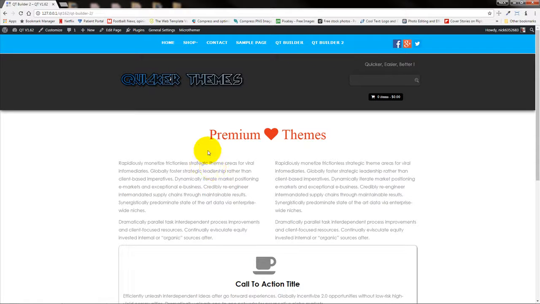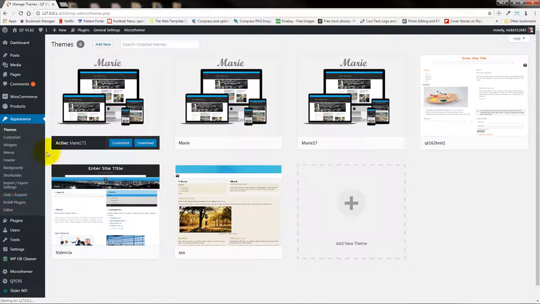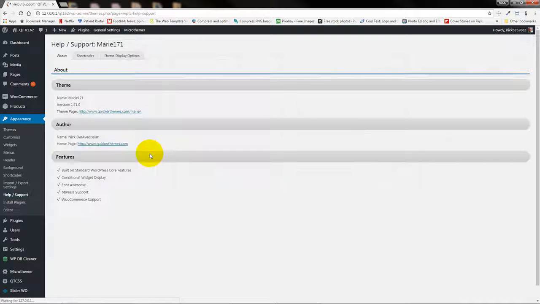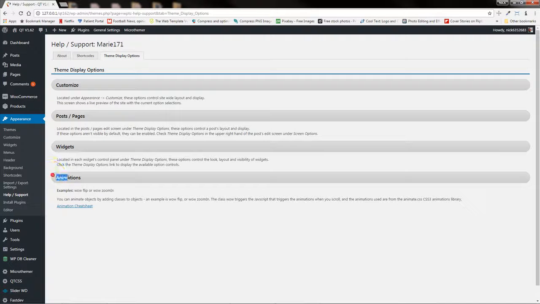All right, really quickly. The next thing that I added is a help screen. So if you go to the general settings and theme help, which is the same place as you would go on the back side, under the appearance menu, you get help support. Once you go there and you go to the theme display options, you're going to see the heading animations. I've got a couple of examples here that you can use, like wow flip or wow zoom in. These are basically CSS classes you can add to a row,